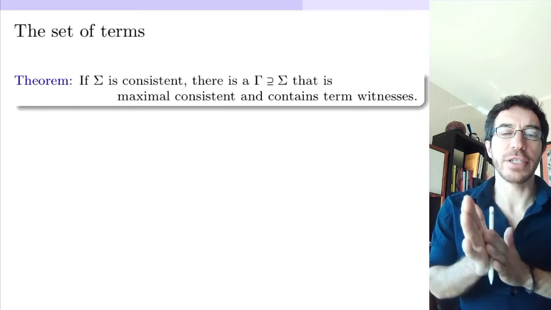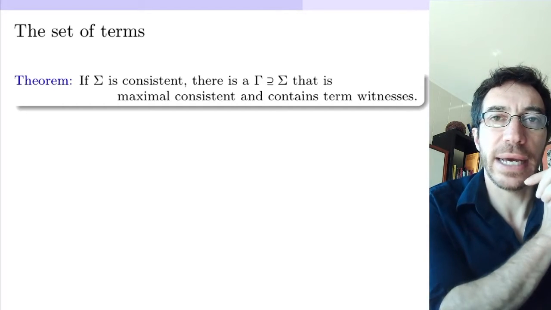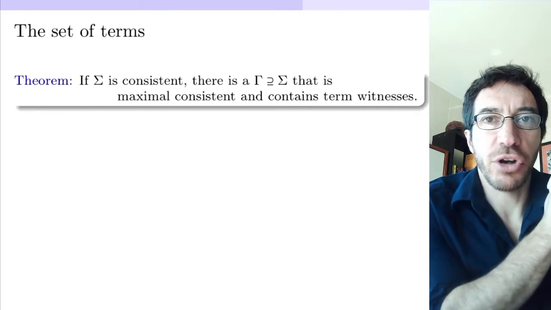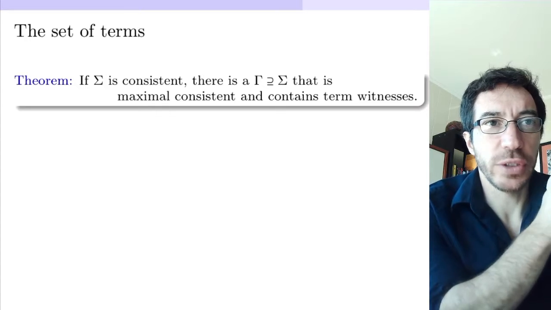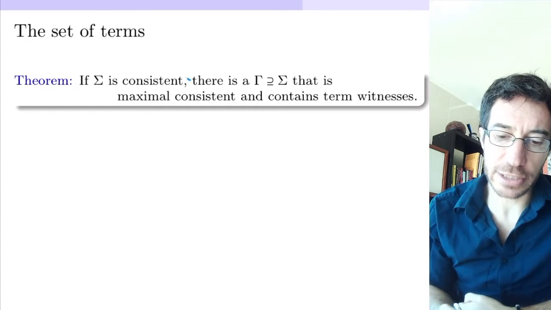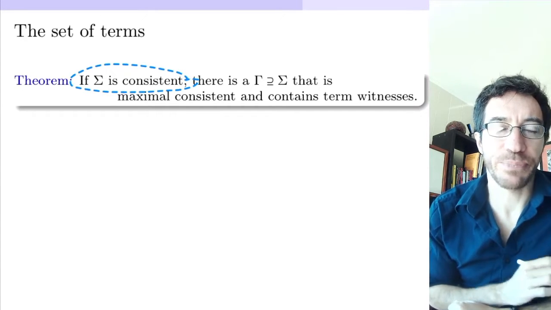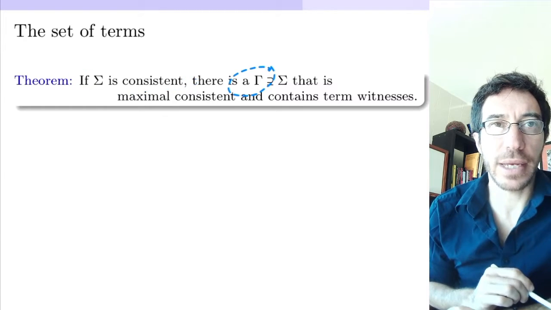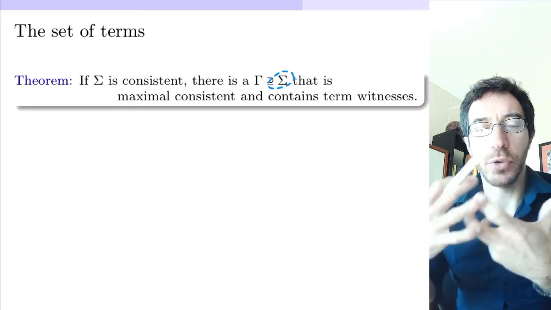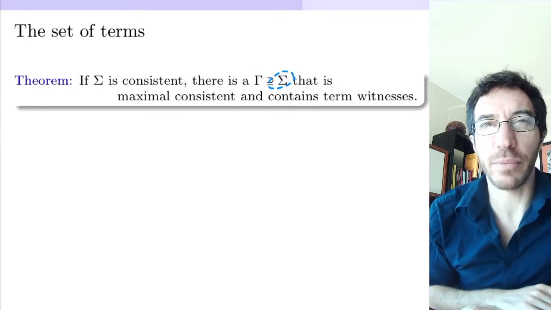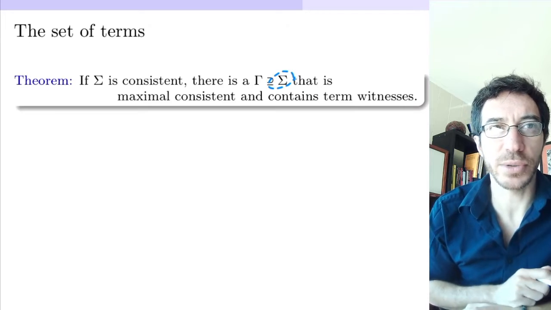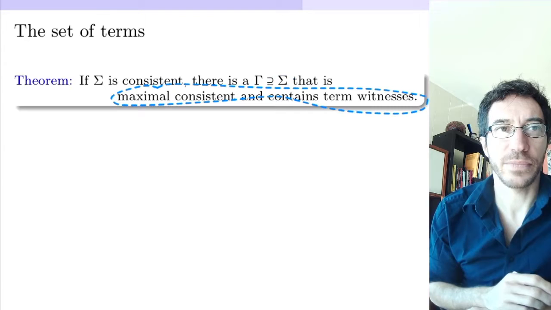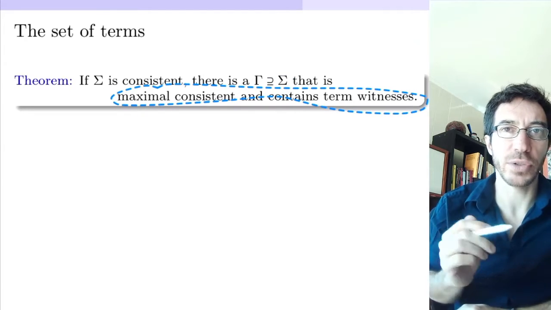Okay, so now we're ready to finish the proof. We have one last lemma to show, what I call a theorem, to finish the proof of completeness. So we need to show that if sigma is a consistent set of sentences, then there exists a tau that is an extension of sigma that has more sentences, and actually it's going to have more symbols too, so we're going to increase the vocabulary too, that is maximally consistent and contains witnesses,